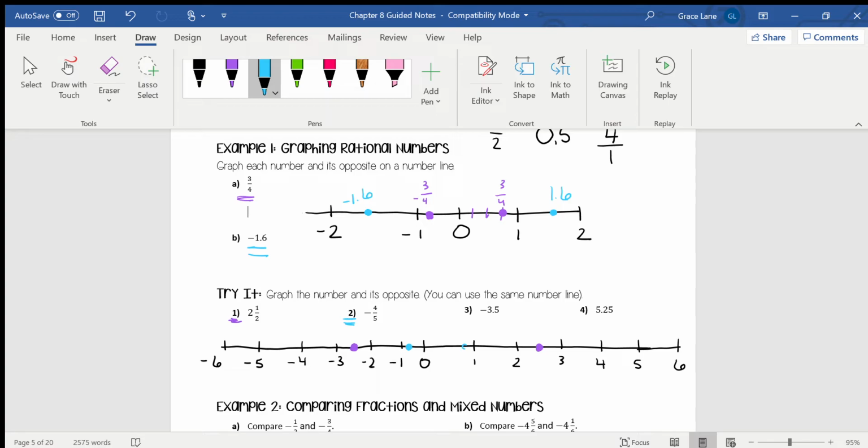Same thing on the other side. Its opposite would be +4/5. Okay,